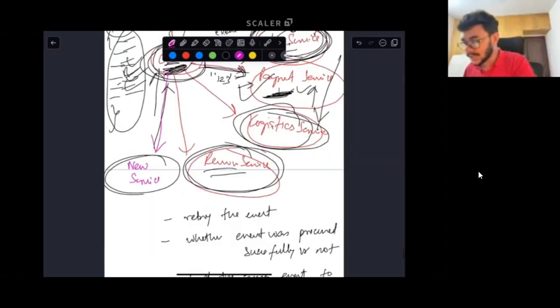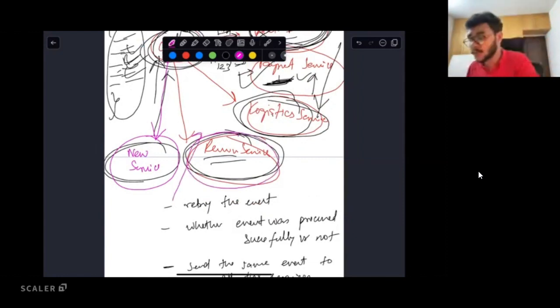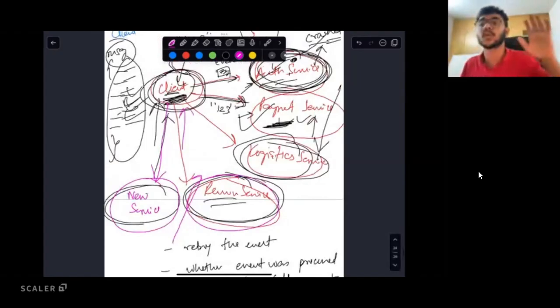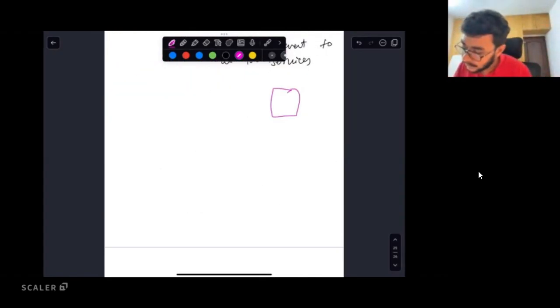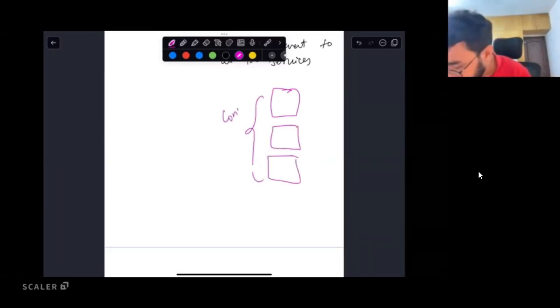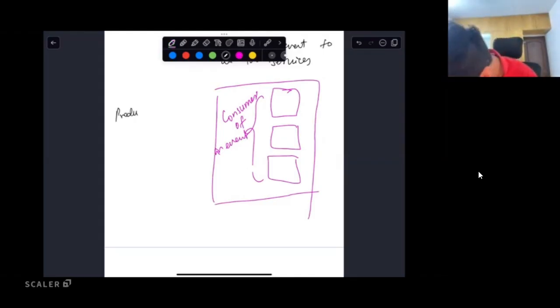So can you see that anytime a new service is being added or something happens on the service front, which is consuming this event, you also have to make some code changes to your client side of the code as well. Is this part clear to you, everyone? Anytime some change is happening for the consumers of an event, let's say these services are consumers of an event, you have to make some code changes on the producer of that event as well.